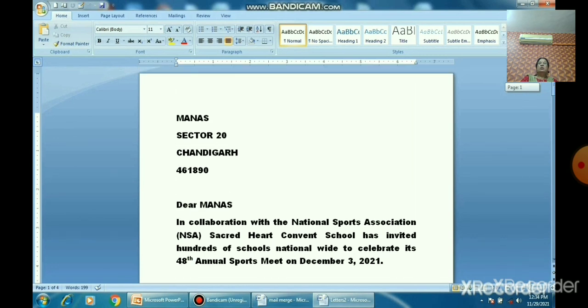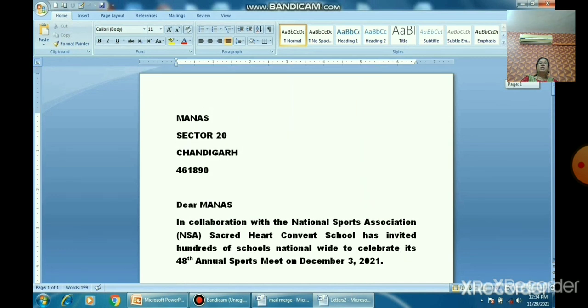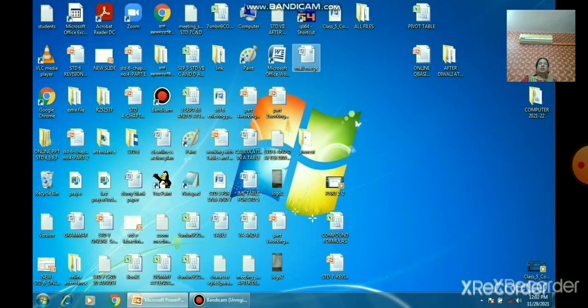Okay, now understood how to do a mail merge. So what is mail merge? Mail merge involves how many steps? 3 steps. Creating a main document. The main document is a letter. The second one is specifying the data source. The data source means what? Address. We have to write the address in one file, save that file, and merge the data source and main document with the help of the mail merge option. Yes, children.